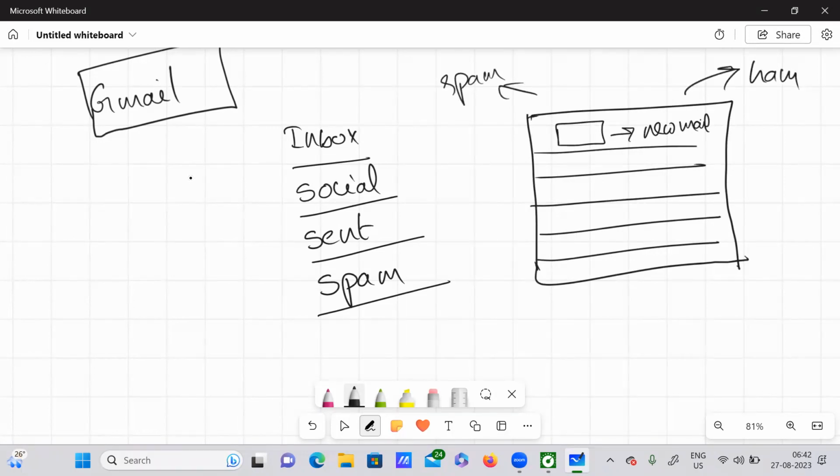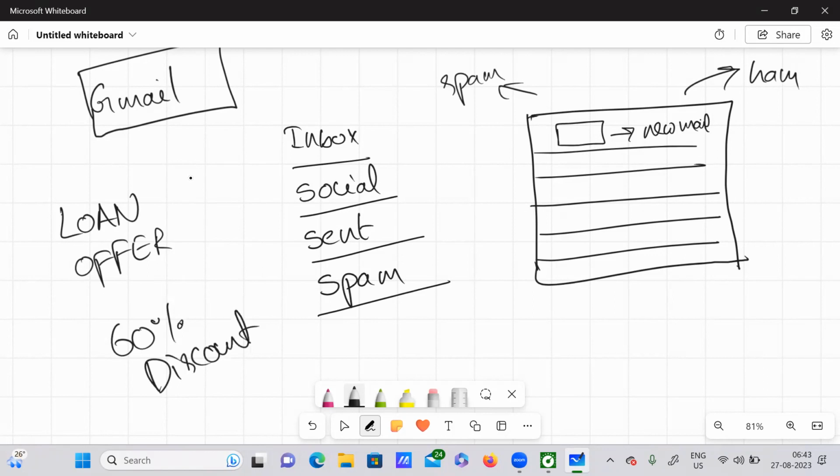What is meant by spam and ham? Spam is, for example, emails you get repeatedly containing spam words, for example the keywords loan offer and 60% discount.